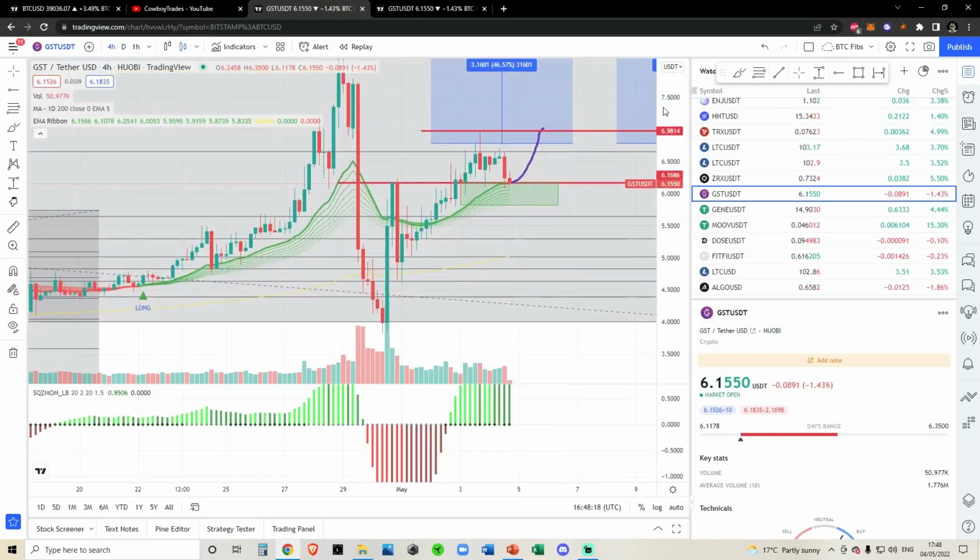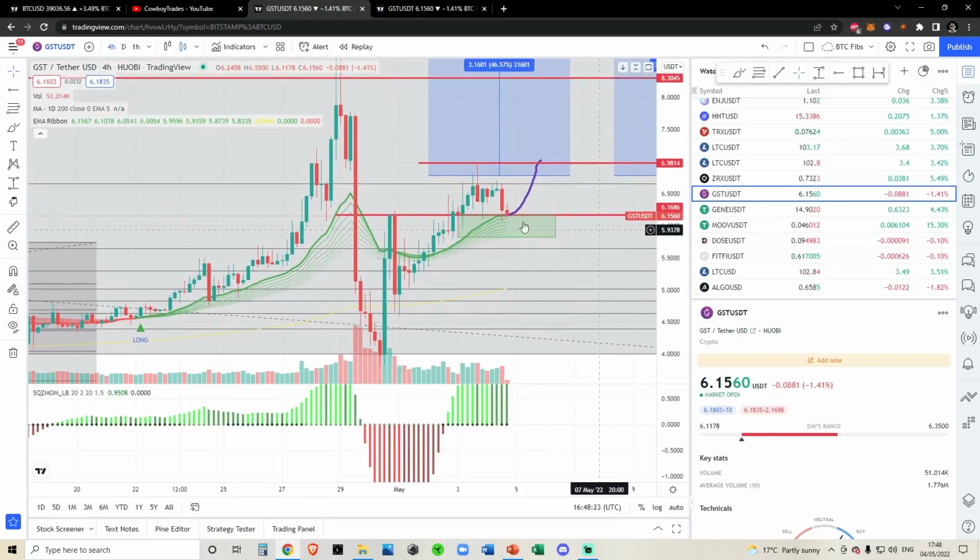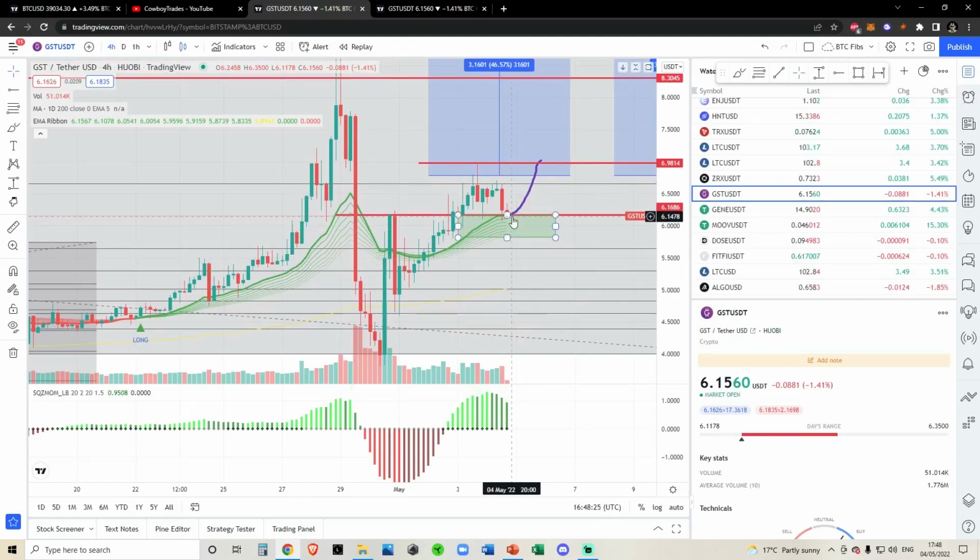I don't necessarily think we need to come down as low as $5.40 to come into your daily EMA ribbons. I would, however, really like to see this region getting held at this moment in time. Now, we are losing a tiny bit of bullish momentum. I guess that is to be expected as you are coming down into your EMAs, but the momentum should not